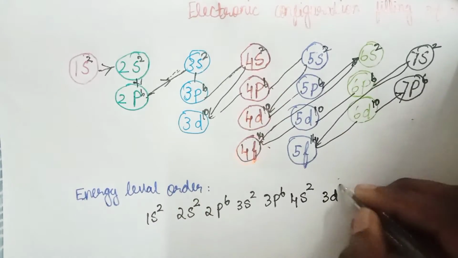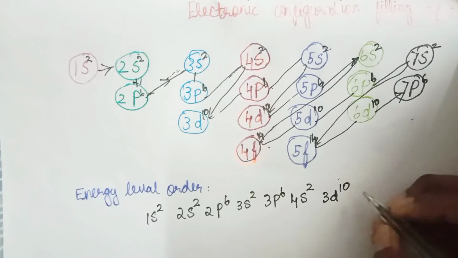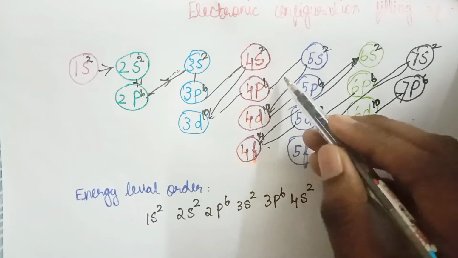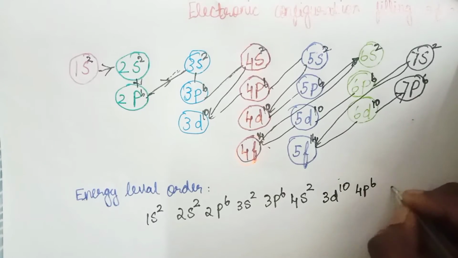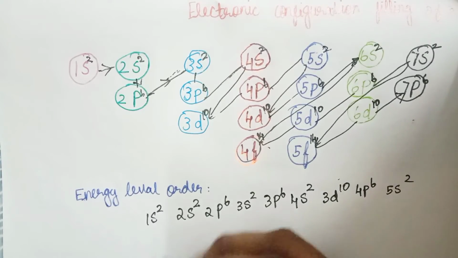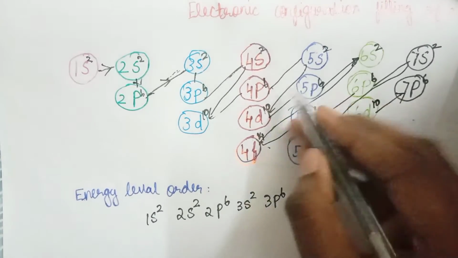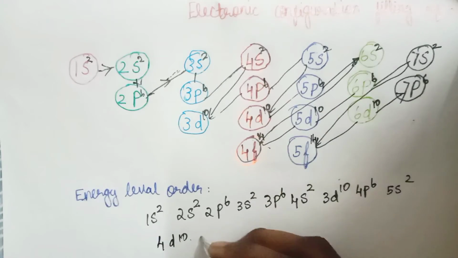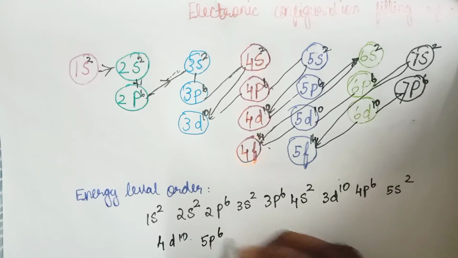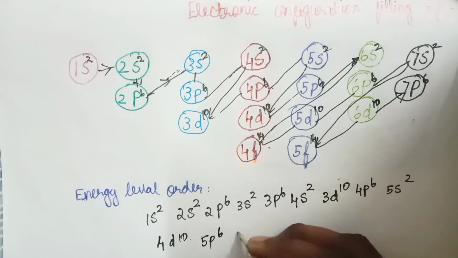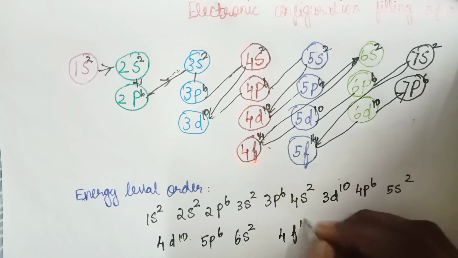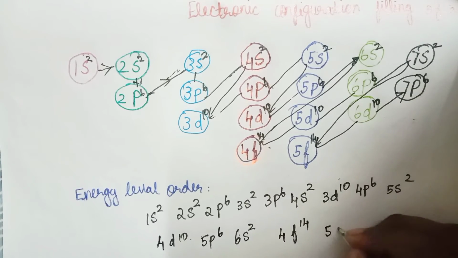From this, we are filling 10 electrons, and again we are going to 4p, which has 6 electrons, and we are going to 5s, which has 2 electrons, and we are coming to 4d, which has 10 electrons, and 5p, which has 6 electrons, and 6s, which has 2 electrons, and 4f, which has 14 electrons, 5d, then 10, and